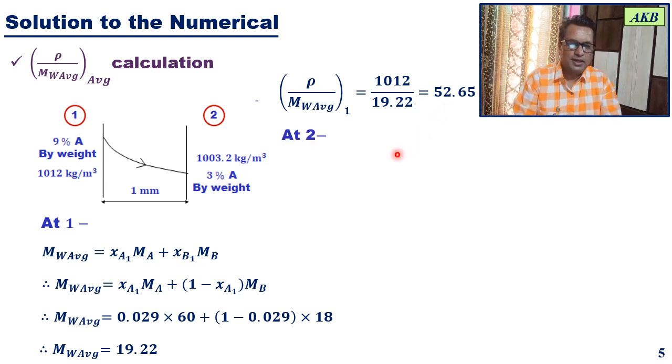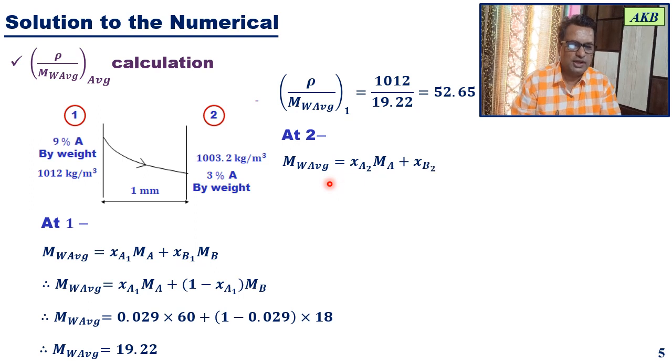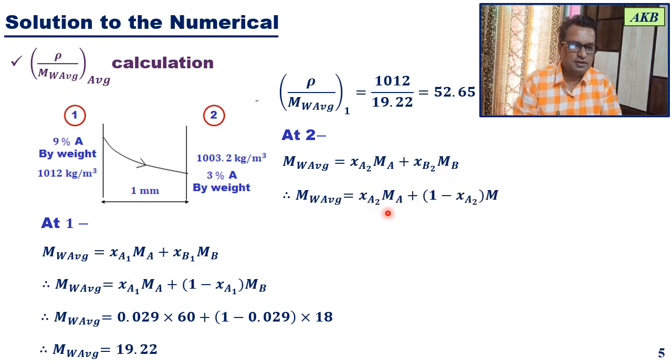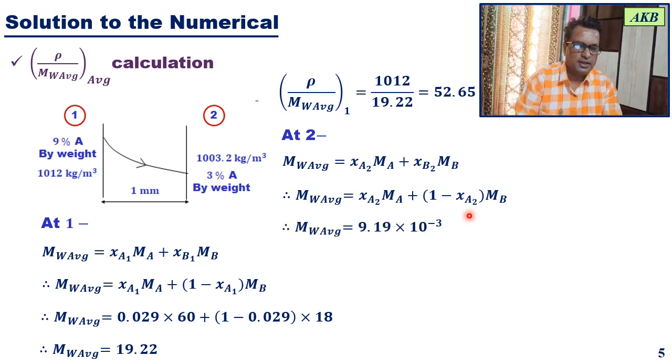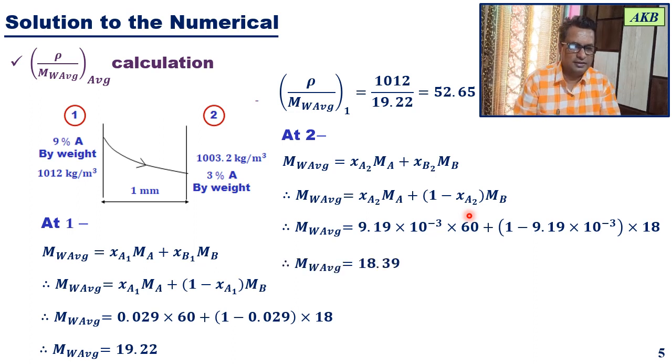Similar calculations are done at N2. So at N2, first we will calculate average molecular weight. It will be Xa2 Ma plus Xb2 into Mb. Again, in terms of Xa2, this will be written as Xa2 Ma plus (1 minus Xa2) into Mb. If you put all the values over there, you'll get the value for average molecular weight. So MW average at N2 is